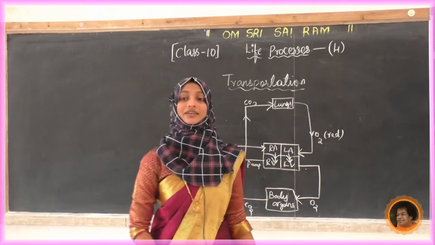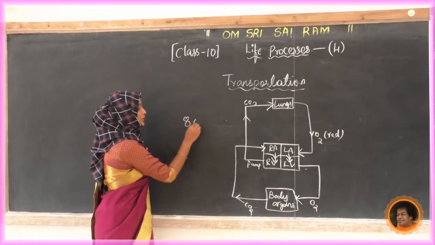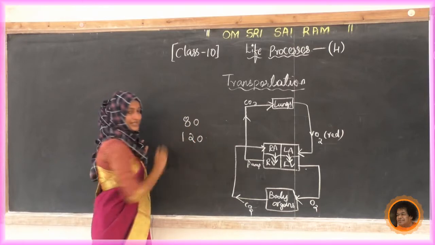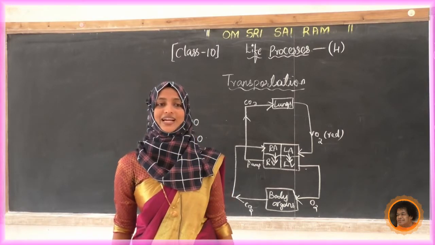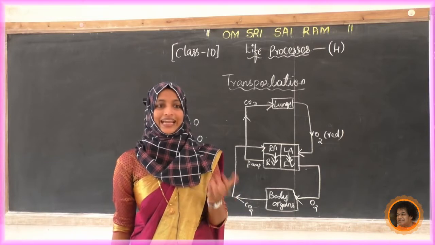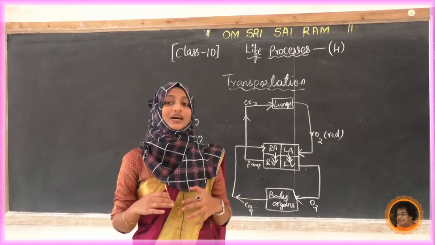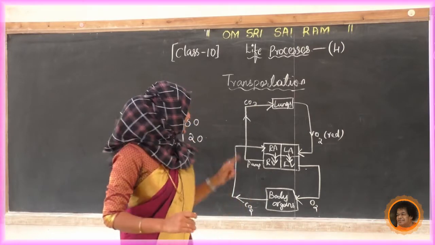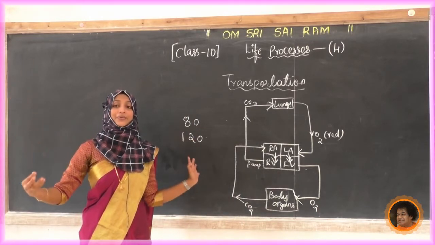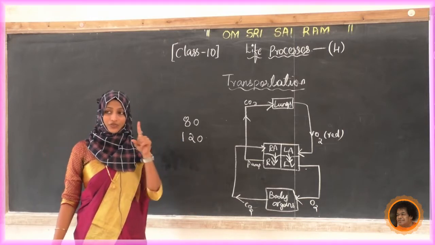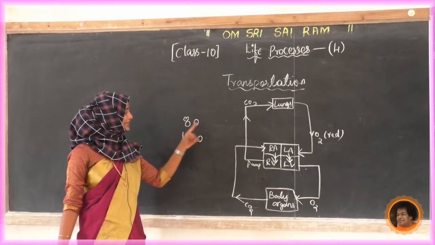But we know that the normal blood pressure of a normal body is 80 to 120 mm. Okay, 80 to 120. Now what are this 80 and 120? See, 80 is the lower. Wherever the blood is coming to the heart, that is actually low pressure, that is 80. From the heart it goes a little bit faster, at that time there will be high pressure, that is 120. So for a normal person it should be 80 to 120.